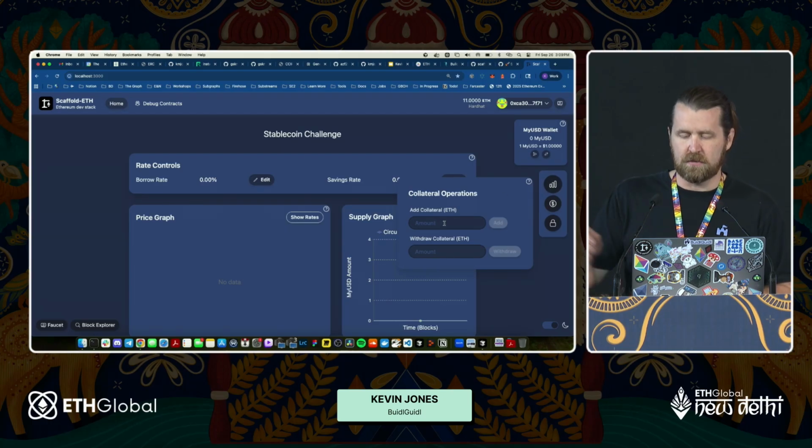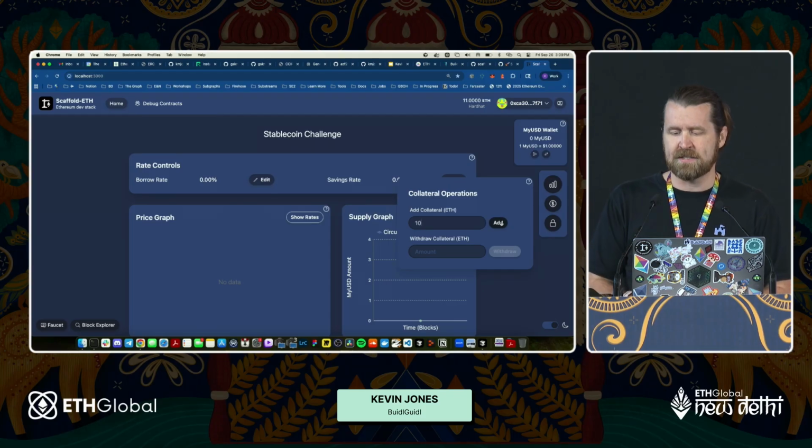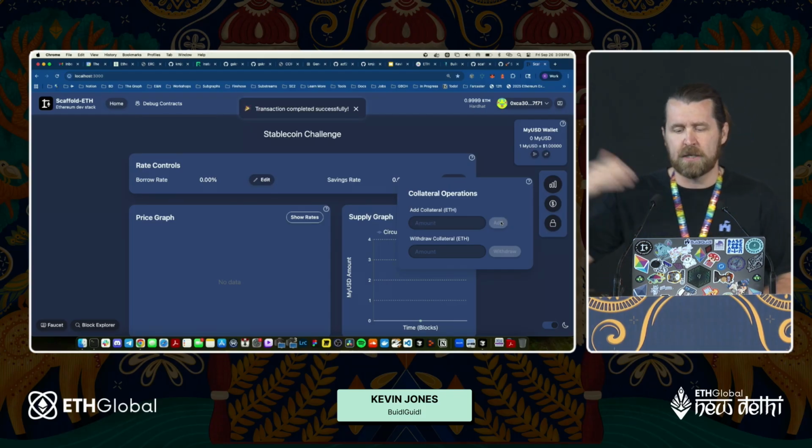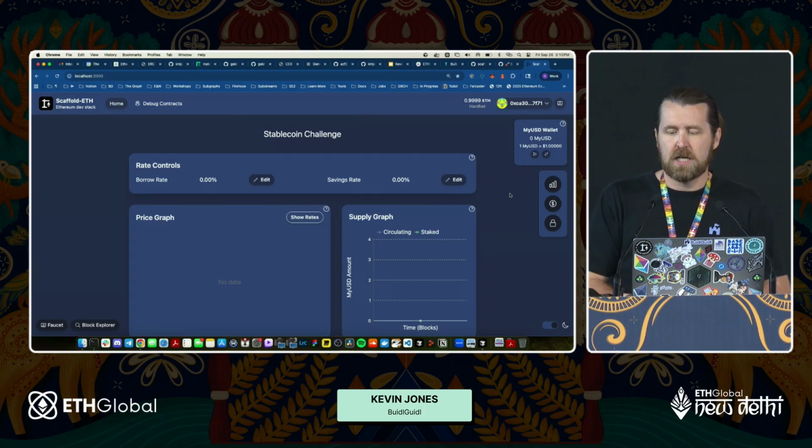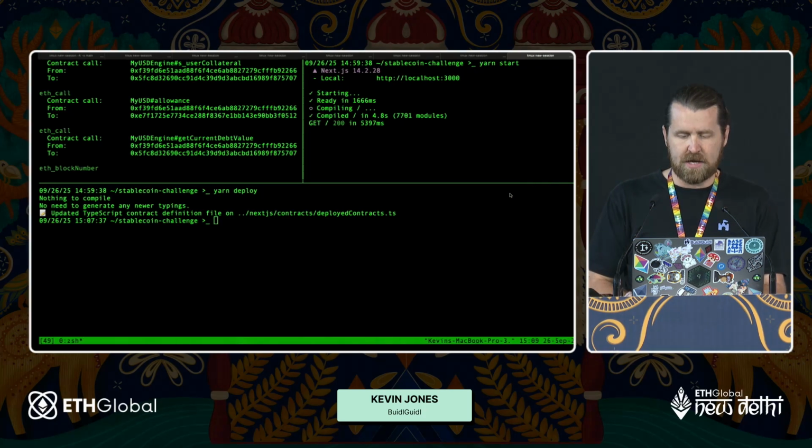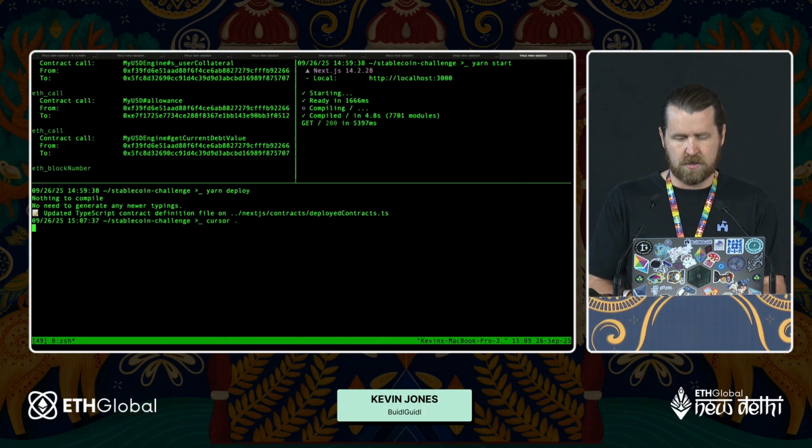I want to add this collateral. I'm going to add 10 ETH, so that I have just a little bit of ETH left for gas and stuff like that. I'm going to take that and stake it into the contract. Now, the rules of the actual contract, if we load it up in Cursor real quick,